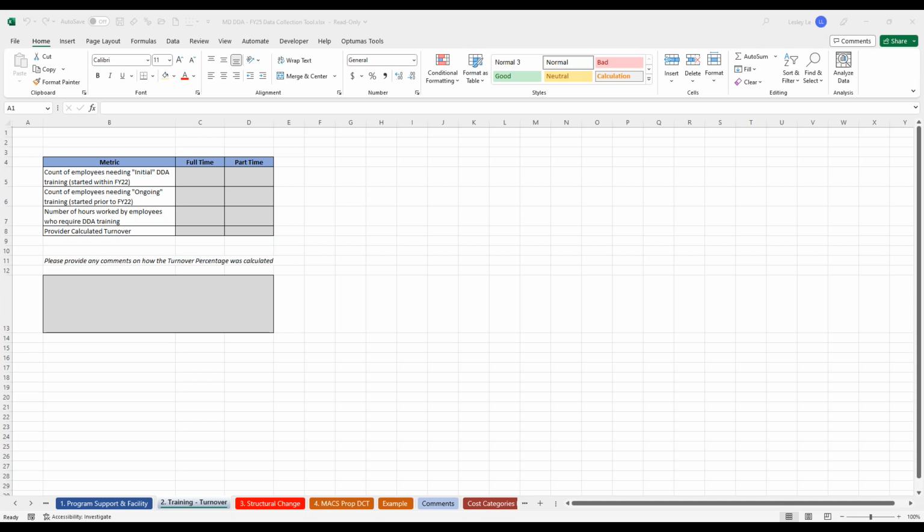Is the question asking for the total number of hours paid to staff and training? The question in row 7 is referring to total hours that need to be paid to any employee who needed training. So even if it's billable or non-billable, or if they were working on paperwork, we want the total number of hours that employees worked that had training involved.